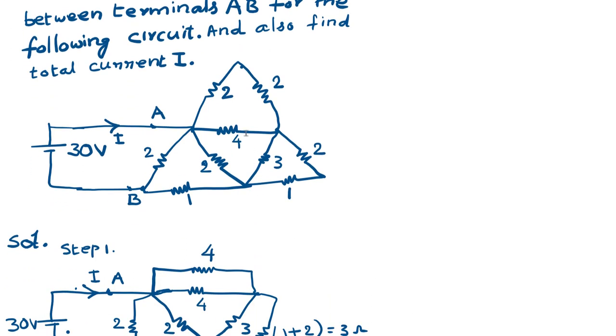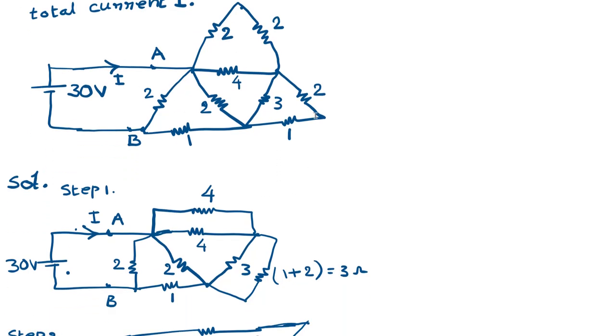So if you look at this properly, this 2 ohms and this 2 ohms are connected in series. So we can replace these two resistors with one resistor, that is 2 plus 2, that is 4. Similarly here we have 2 ohms, 1 ohm connected in series. So we can replace these two resistors with one resistance, that is 3 ohms like this. Next we have another resistor 3 here. So that is the same thing we have written here. Similarly here 4 ohm is there, as it is we have written here.